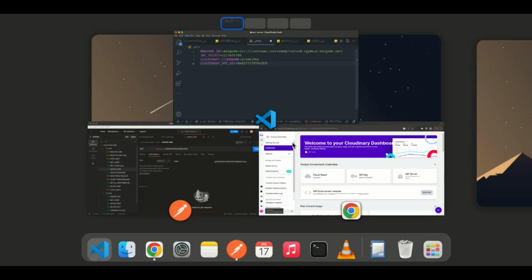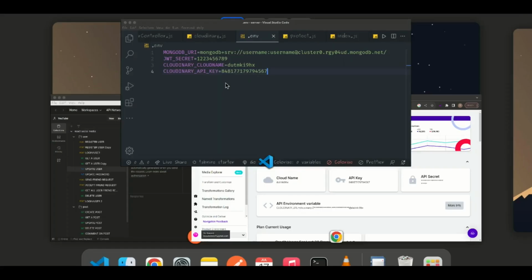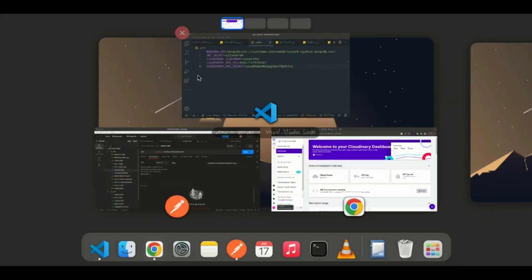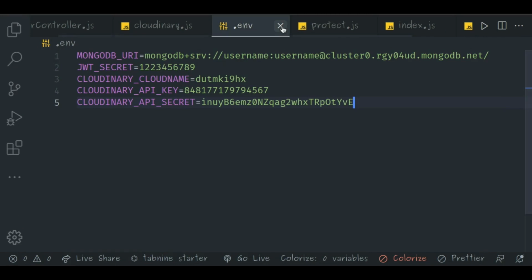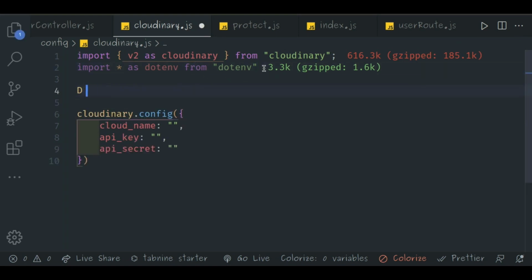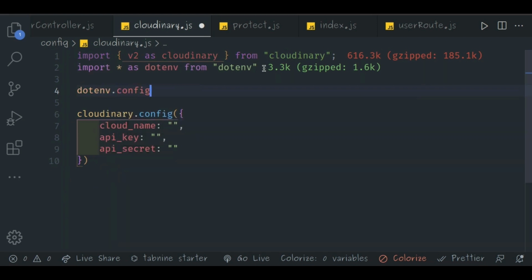It is going to be that, and I'm also going to copy my API secret. So bring this one down, secret, and go ahead and use yours, don't use mine. So go ahead and configure yours just like that. And after you're done with your .env, just say dotenv.config, just like this,